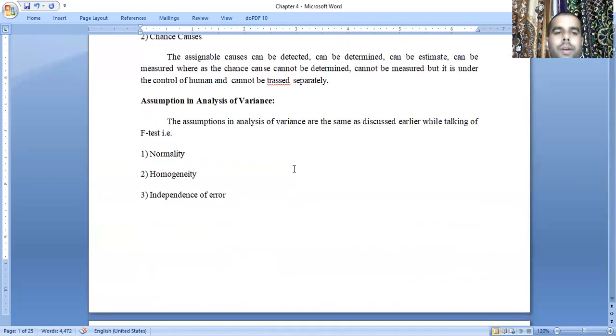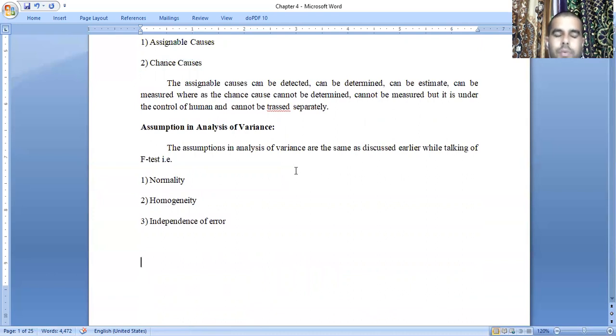From the examination point of view, these two types of ANOVA, one-way classification and two-way classification, are very much important. Practically we are going to apply this statistical tool in a thesis, or in any programs given by the government. Sometimes we also apply these techniques in projects. So this chapter is very much useful, so please listen carefully. Students, if you have any doubts regarding this chapter, you can come to the class and raise the question.